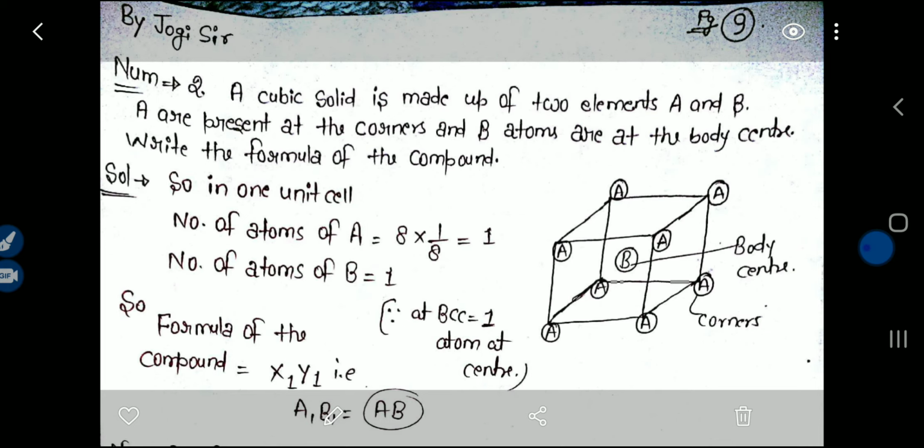Now we will discuss the formula of the compound. The formula of the compound will be X1Y1. We can write it as A1B1, that is AB, simply. Now the next topic will be